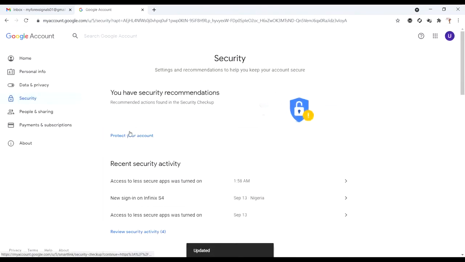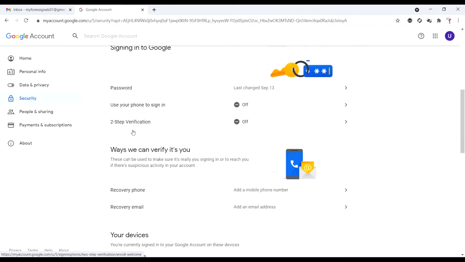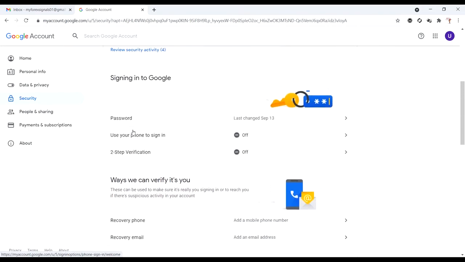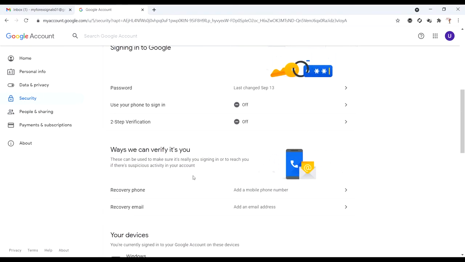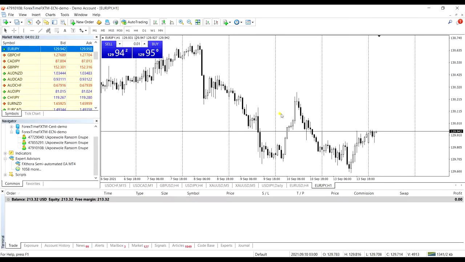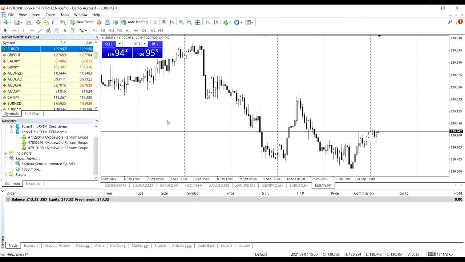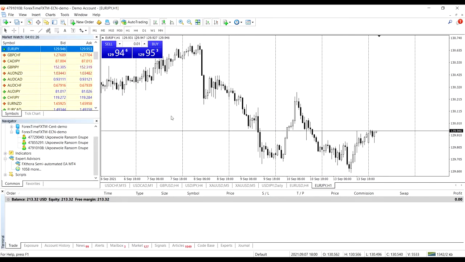Turning this on enables our EA to access our Gmail account and use it to send us the email reports. So our EA will be using this Gmail account to send email reports to whatever email account we provide. After you're done with this step, the next thing to do is to go to your MT4 platform.